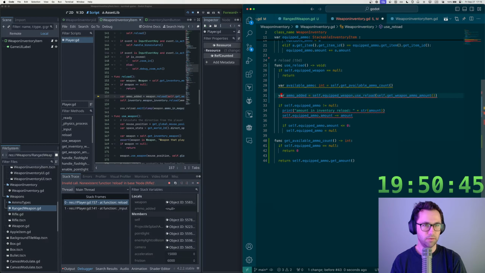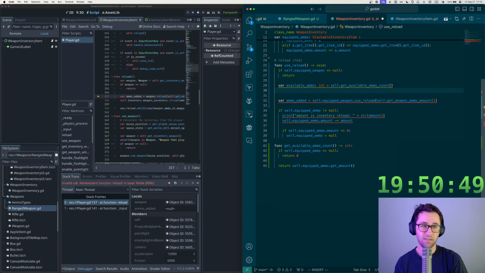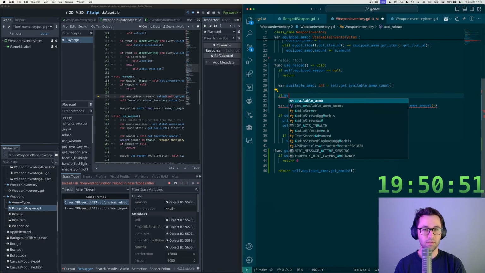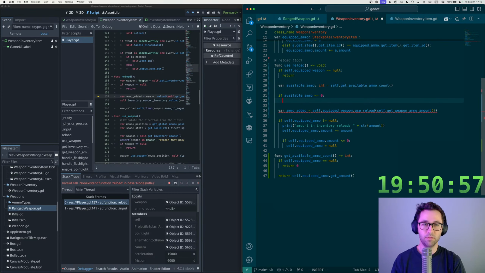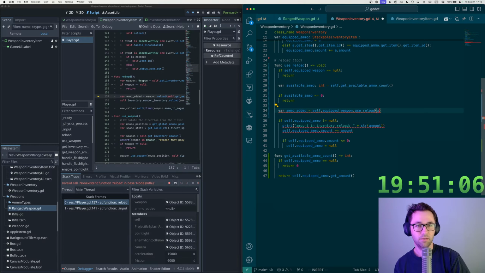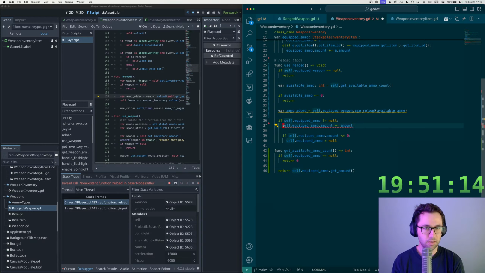And then I guess technically if available ammo is less than or equal to 0, I don't know how it would be less than 0, but if it's less than or equal to 0, we don't really want to reload. Like, we don't need to. So instead we could just return if available ammo is 0. And then